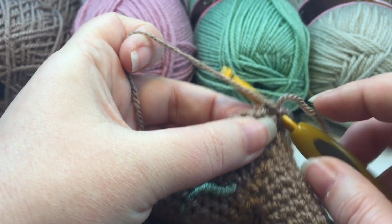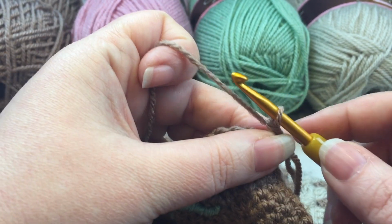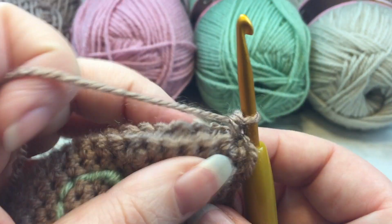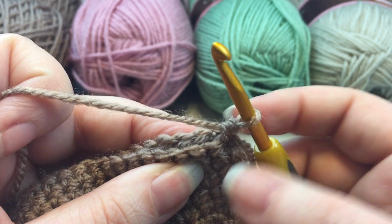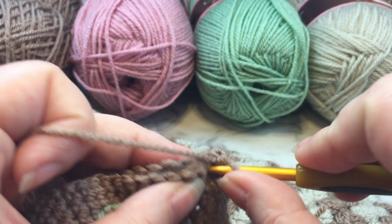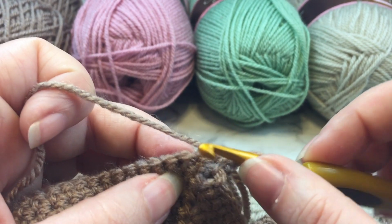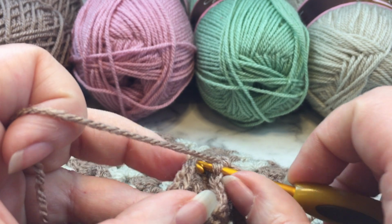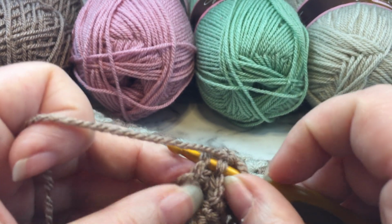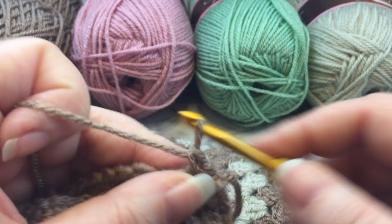Squish them together and single crochet. I always start off with a standing single crochet, but if you would like to join, you can do that as well. Now these should line up perfectly for you. Should being the relative word, the important word. You're just going to make sure that you're picking up both of them, all of the loops